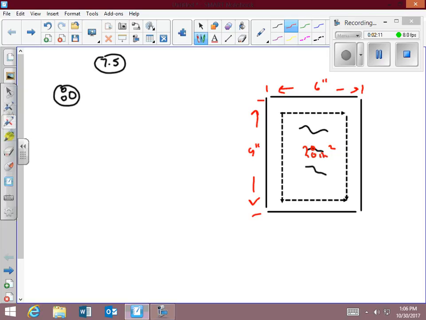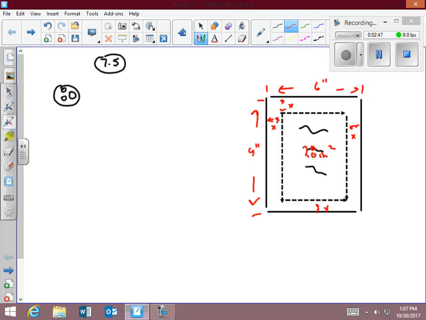So what it is, that border, the distance right here, you would say it's x away from there, and its distance here is x. It's evenly spaced. This distance is x, and this distance is x. So the border is even around it. So this 28 inches squared